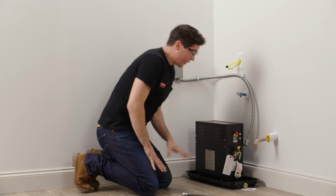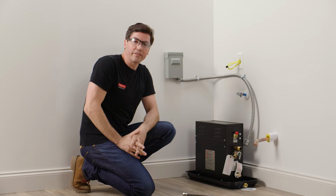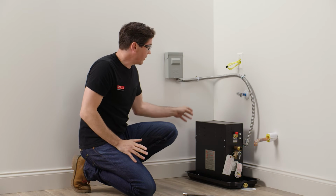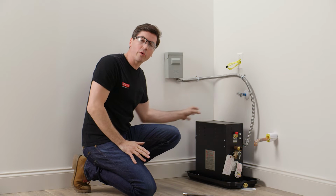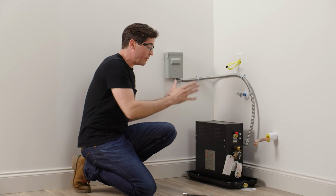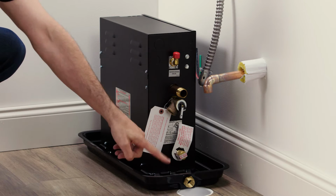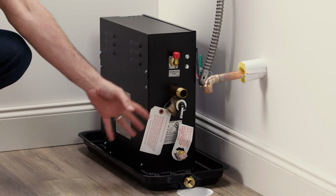All right, I want to make sure that generator is relatively centered on my pan, and I'm going to check for a few things before I verify this installation location. The first is I want to double check to make sure I have all my minimum clearance requirements around the unit specified in my installation book, and I also need to make sure that this is being installed on a flat and level surface. Once everything looks good, I just want to double check to make sure that I've thought through how my pan and any of my drain lines from the front of the generator are going to drain